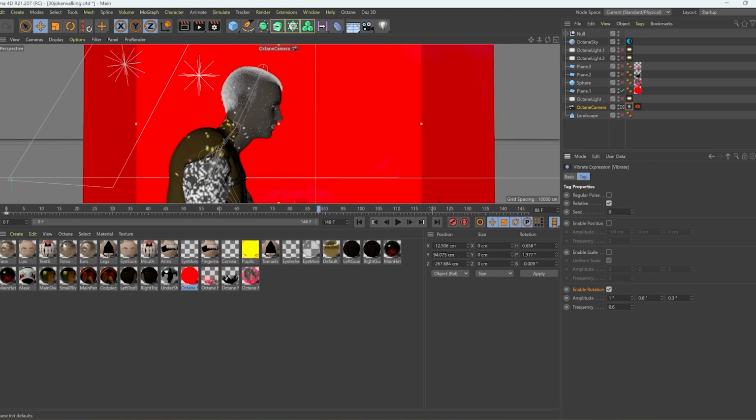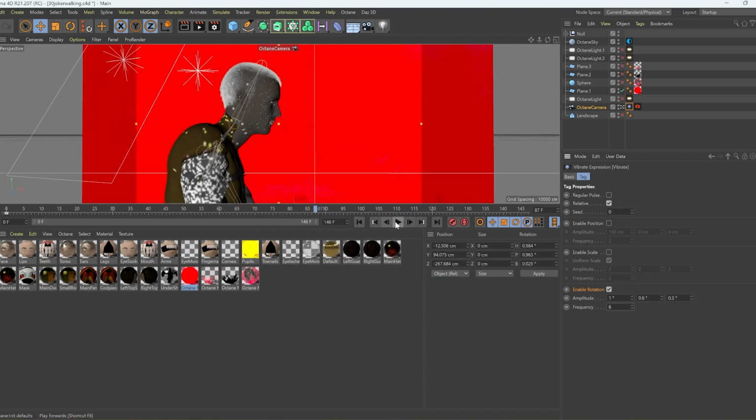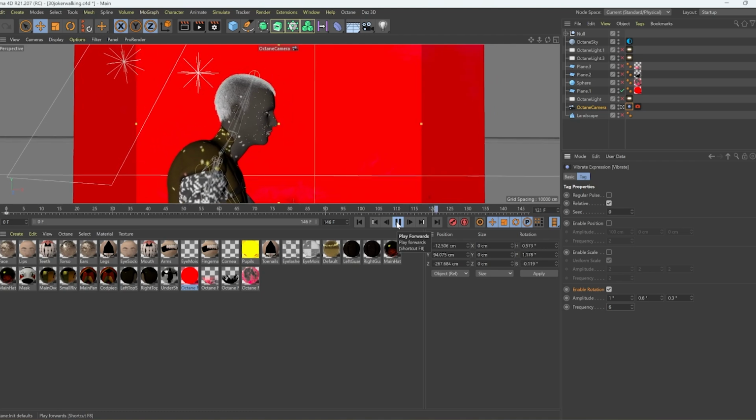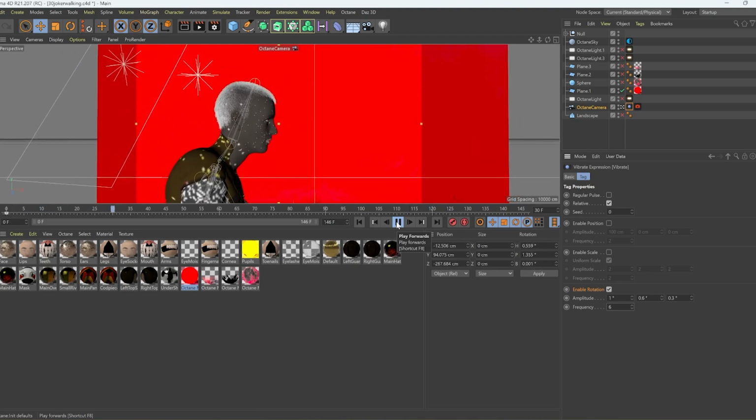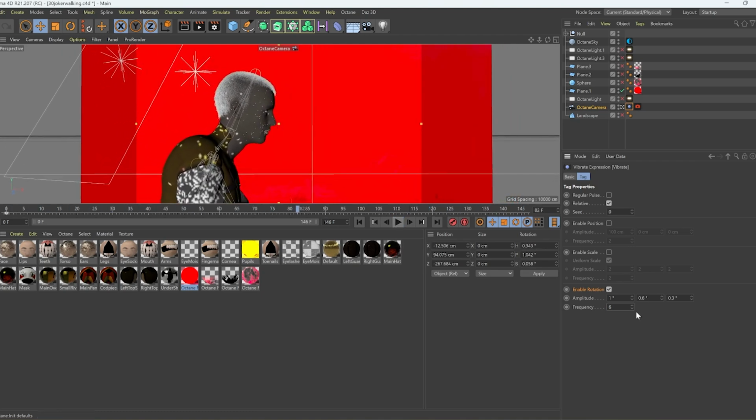Like if you increase this, you'll get like a natural disaster or something like that. So yeah, just to get a more natural look, I'll get this kind